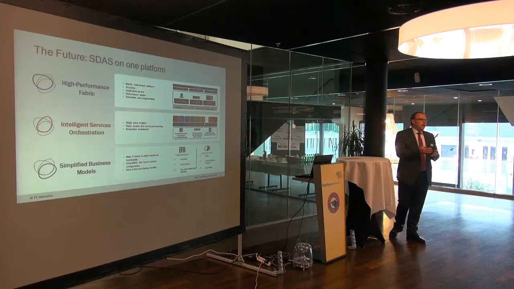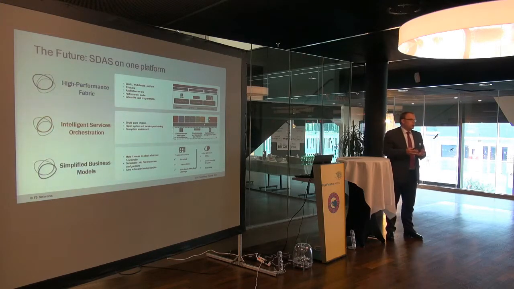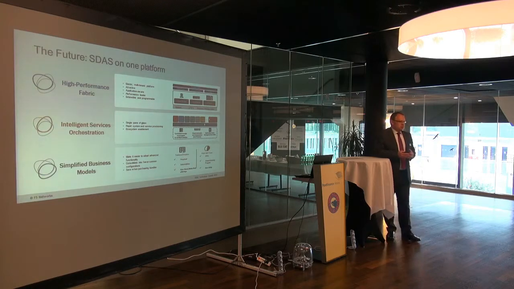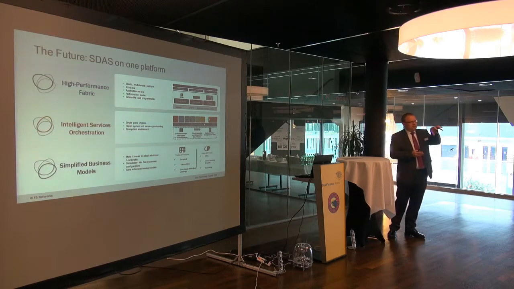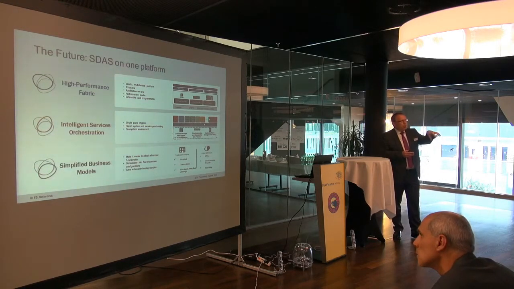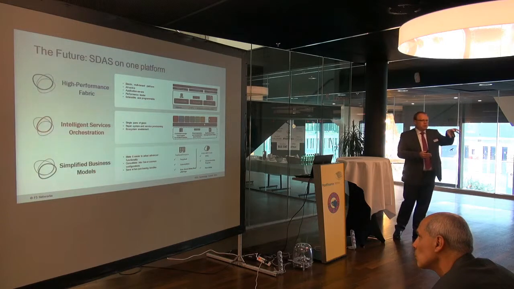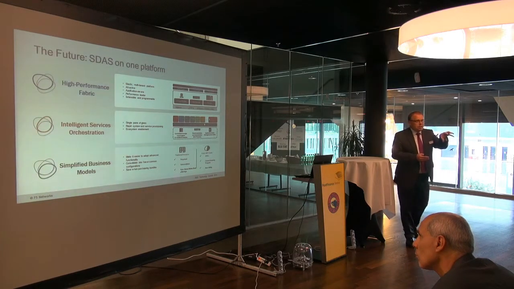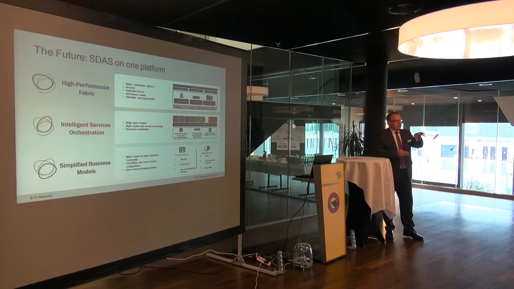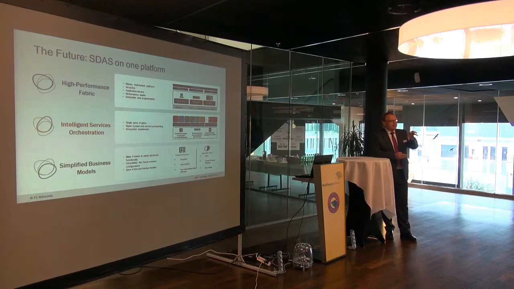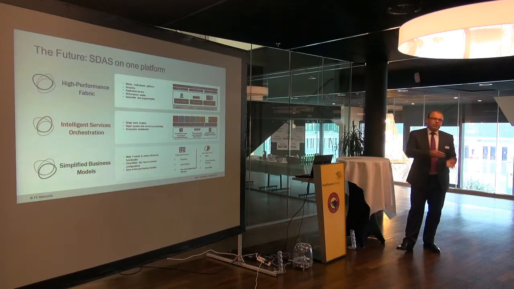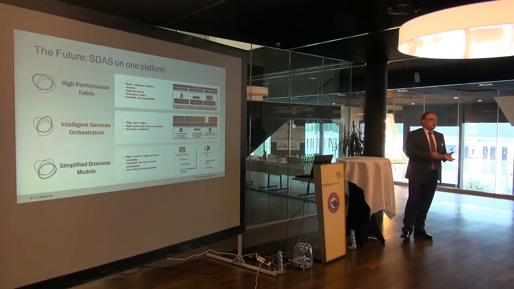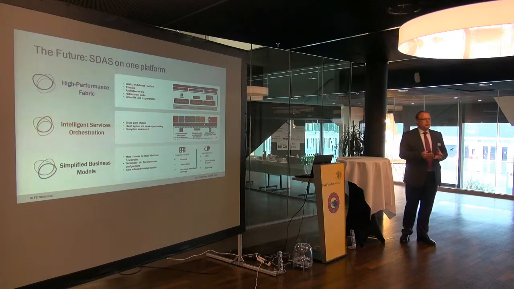And in the same way, it has to be possible that this is a virtual one. Because we talked about Web 2.0 and perimeter move: if you are not able to move this single logical instance through your whole application world, which might be in your data center, but might also be at Swisscom or Colt or T-Systems or whatever, or Amazon, then you are not able to really protect your application in a very fast and simple way. So this high performance fabric or platform can be a physical one, which is much more performant, of course, but it should also be able to run as a virtual one.